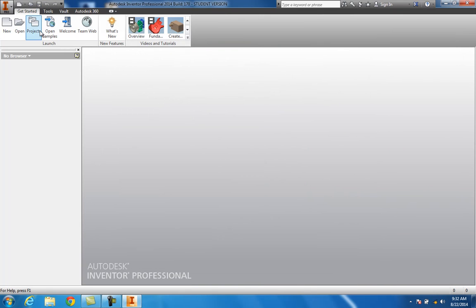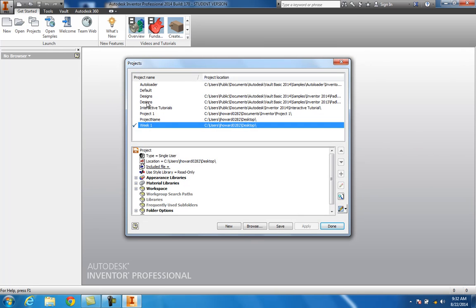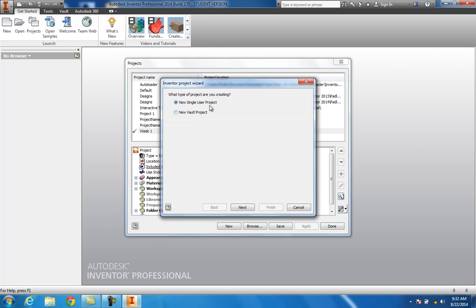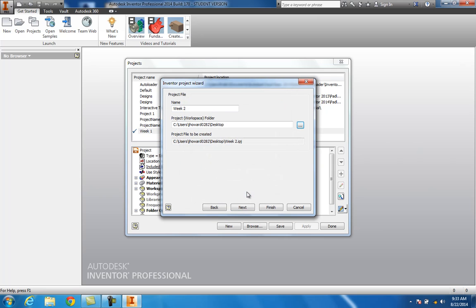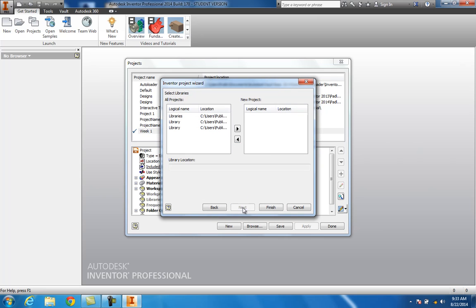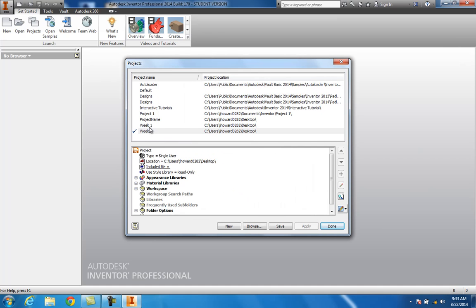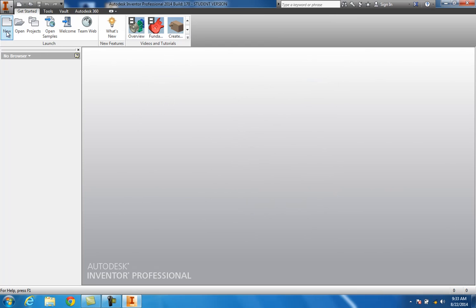I'm going to start a new project. This is going to be week 2. Again, hit projects, come down here and do new single user project, next, and the project name I'll put is week 2, and I'm just going to put it on my desktop, make it easy to find, and then finish. And you can see week 2's on there. So hit done, and now I'm going to go to new,